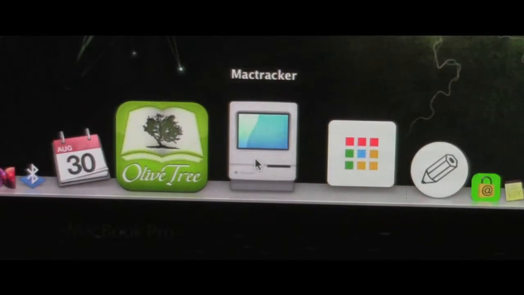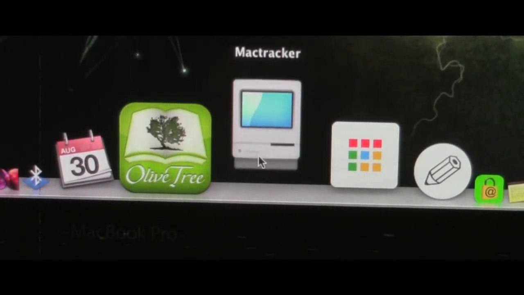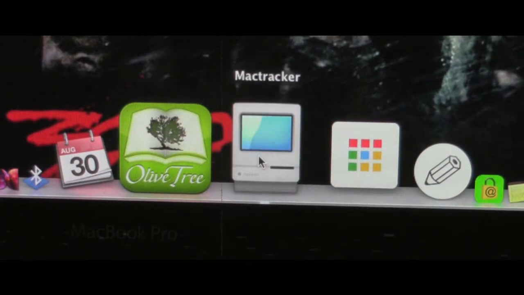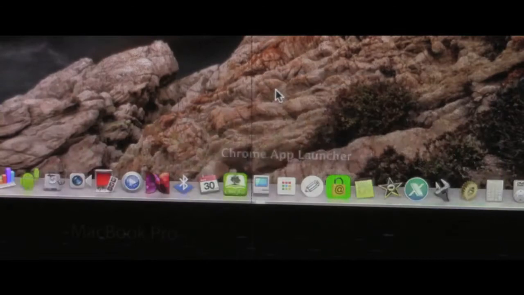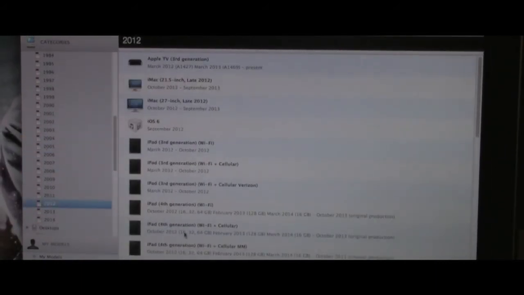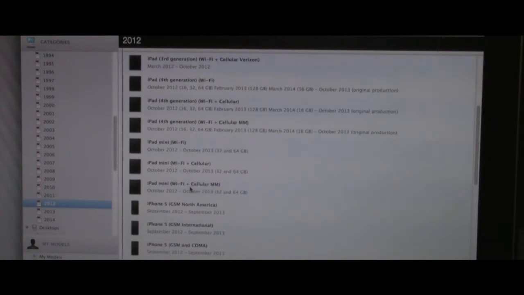Alright, the next app here is this Mac Tracker. Now with this app, this is pretty cool. What it does is it allows you to find detailed information on any Macintosh computer that's ever been made. So you can see this is what it looks like when it opens up. Now say for instance I wanted to find out something about this MacBook. Well, all I'd have to do is go under 2012,